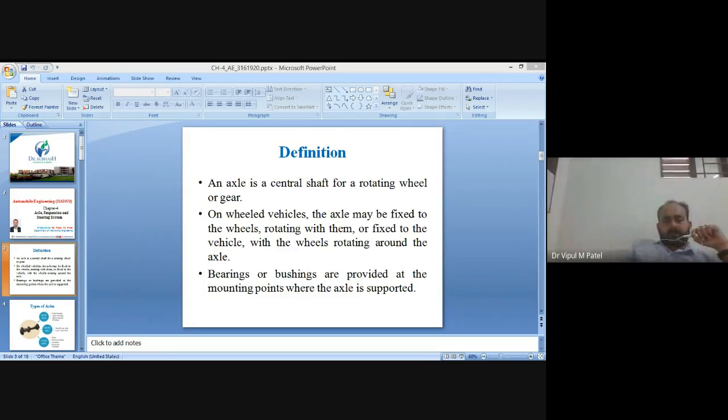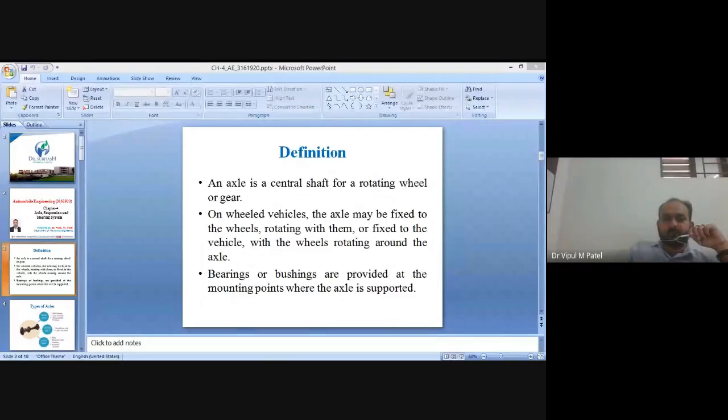So first of all, we are discussing the semi-floating axle. As we all know, with a semi-floating axle, the axle shaft both carries the weight and transmits the torque, because the semi-floating axle is one type of rear axle. That's why we can say that the axle shaft carries the weight and transmits the torque. The wheel is often bolted directly to the flange on the axle.